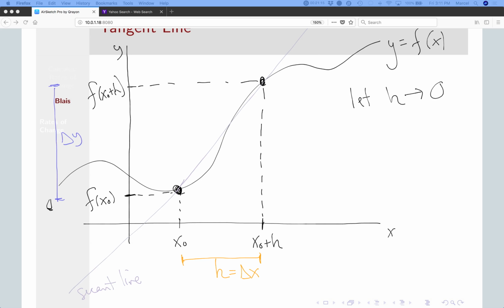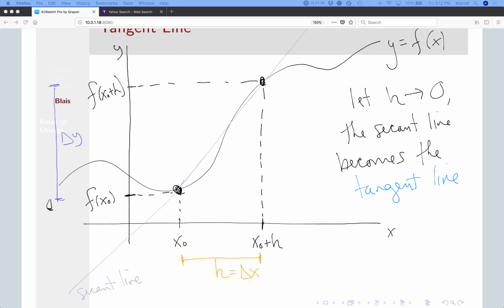And in doing so, the secant line becomes the tangent line, which we're drawing in blue. And the slope of the tangent line